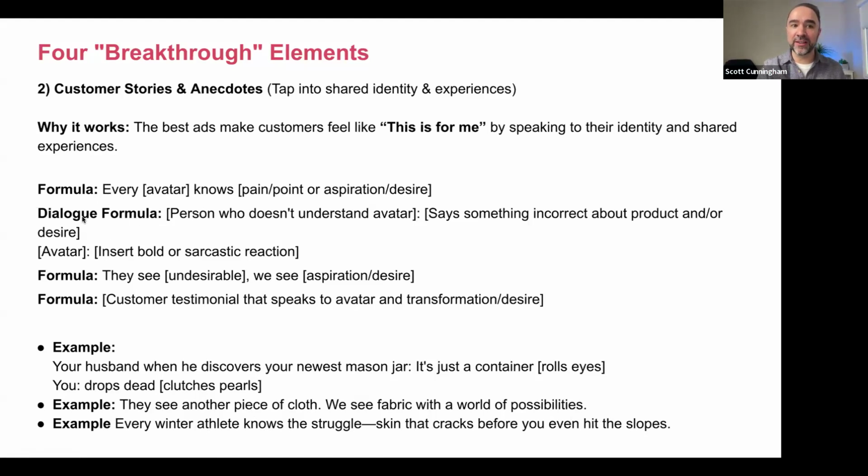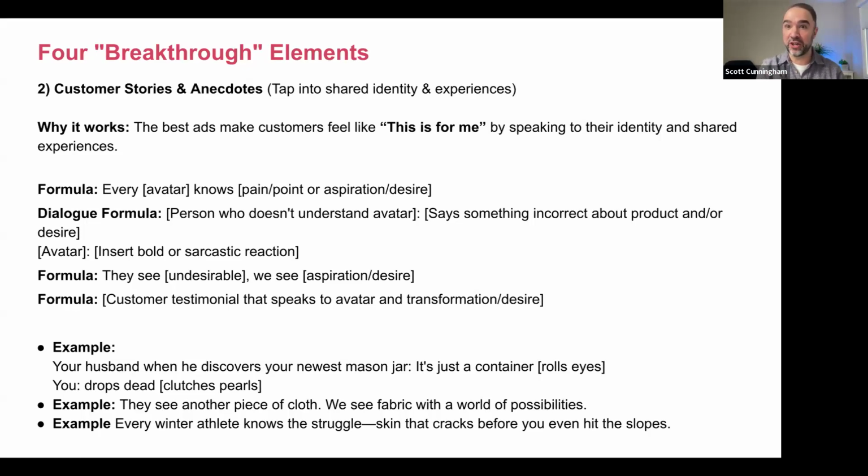There's another one that's really fun. It's like a dialogue formula. I'll show you the example here because that one might not make sense if I just show you the formula. Let's go down to this first example. This is one that I wrote for somebody in Merchant Mastery as well, Marie. She sells mason jars. Not only does she sell them, she has a brick and mortar shop with hundreds, if not thousands of them.